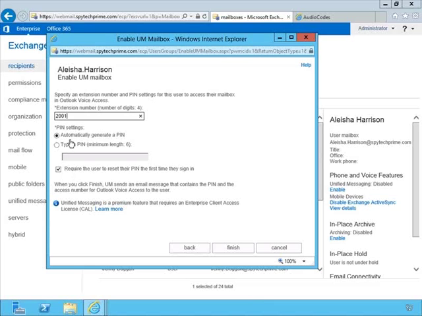The PIN settings, we can automatically generate a PIN, and then that 6-digit PIN will be sent to Alicia right in her inbox because she's going to get an email saying that everything's been set up for her here. An email will automatically be generated when we complete this process anyway. So if we want, we can let the Exchange server generate the PIN, or we can type in a PIN,